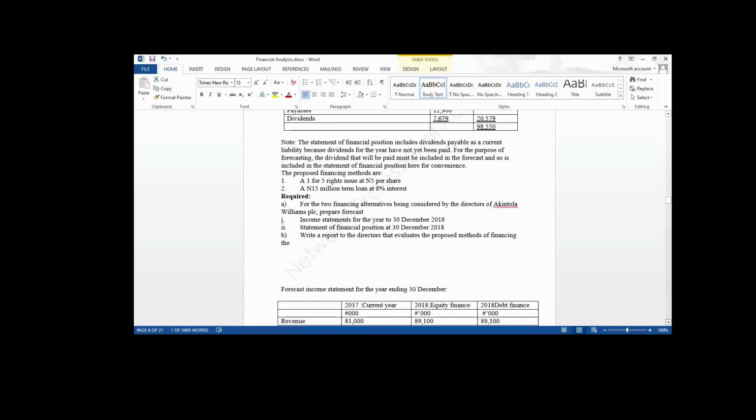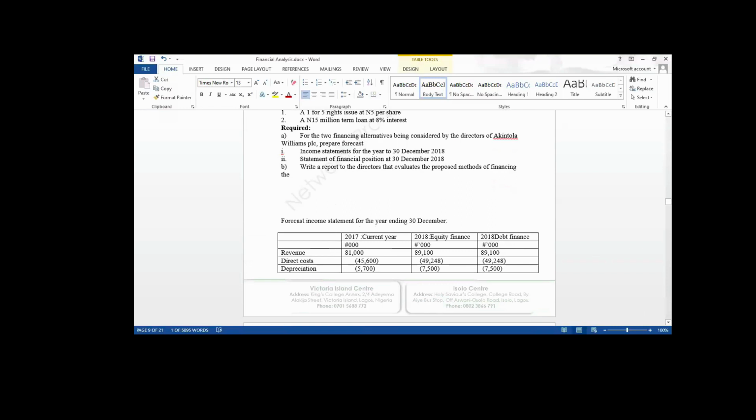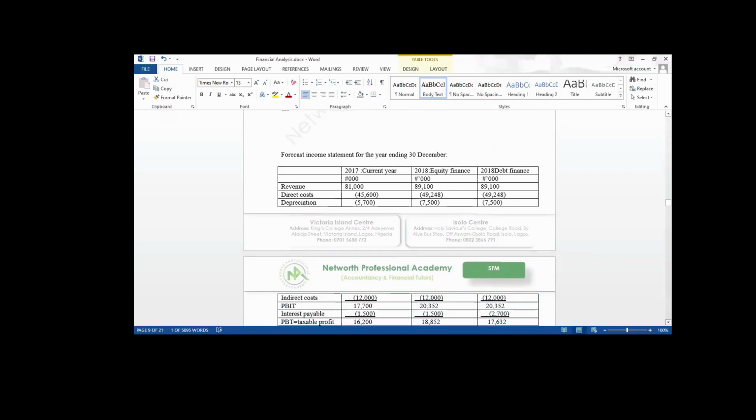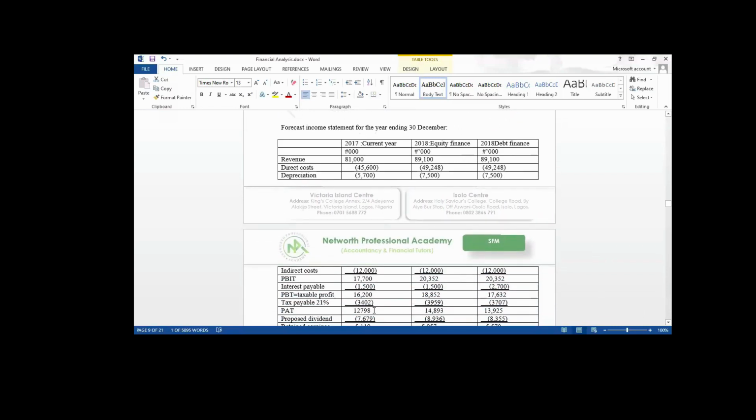So go to your solution. In 2017, indirect cost was 12,000. In 2018, whether we finance the project by equity or by debt, the